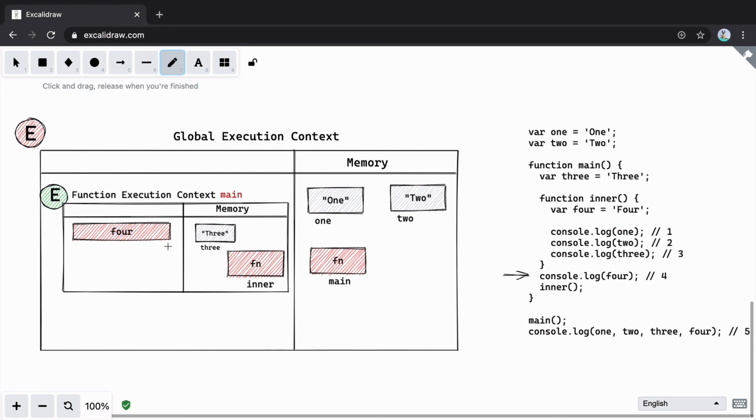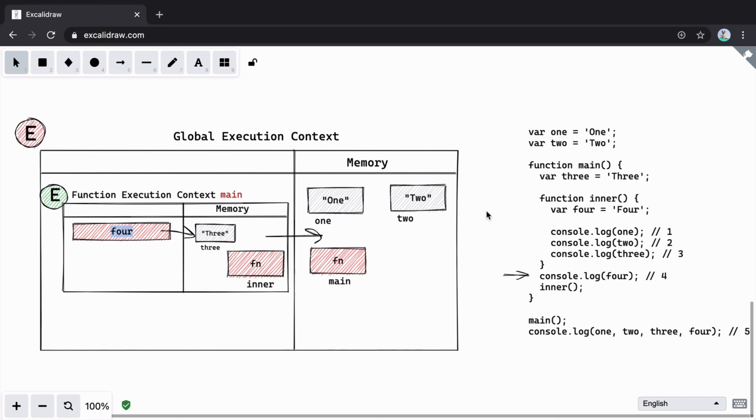So first thing it will do, it will go to the parent, that is the memory of main, and it will not find the value. If it will not find it, it will go to the parent, and here will not be able to find the value or a variable named 4. So it will throw an error saying 4 is not defined.